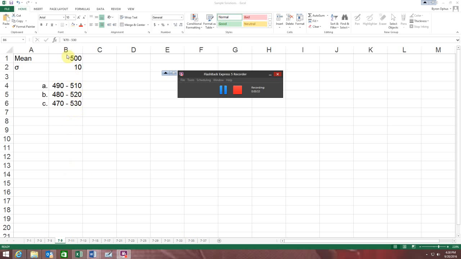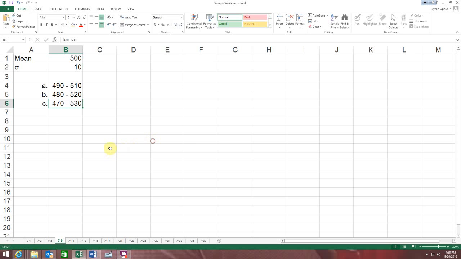So if my mean is 500, and you draw that, and I wish I could draw it on here, but you draw that normal curve, right? And the mean's 500, then one standard deviation to the minus is 490, and one standard deviation to the plus is 510. I look at B, and it says about 95% of the observations lie between what two values,